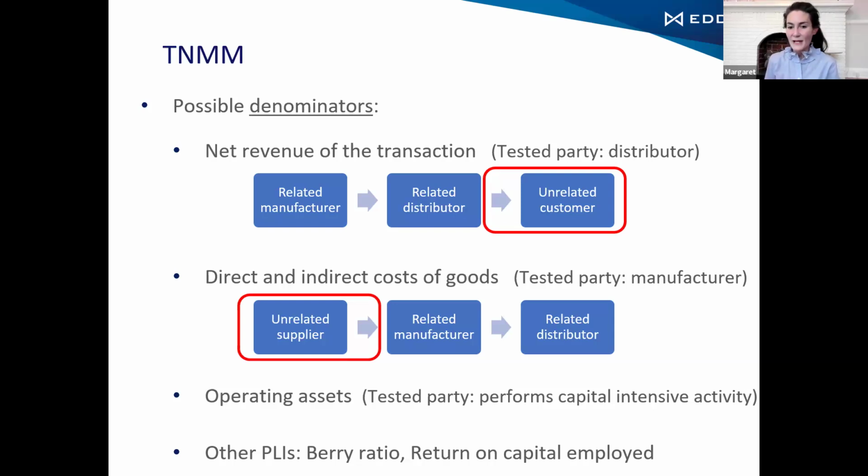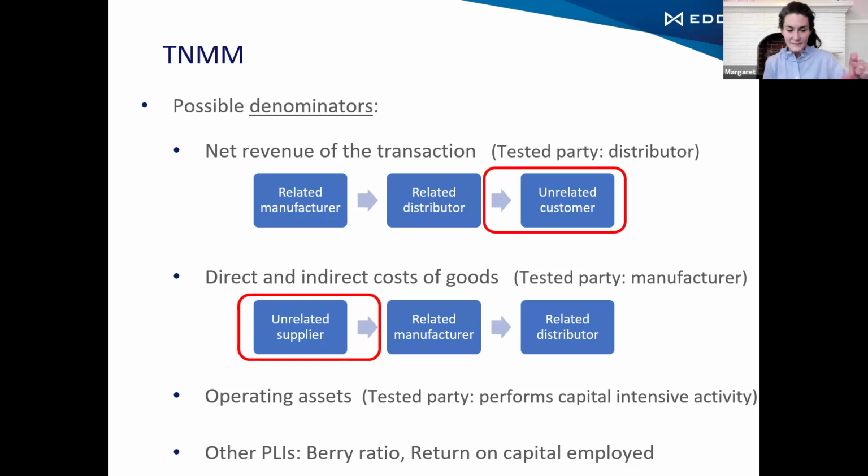You pick the denominator based on the tested party and its interactions with its related and unrelated parties. So you want to pick the denominator based on either the sales or the cost that the tested party has with the unrelated party.